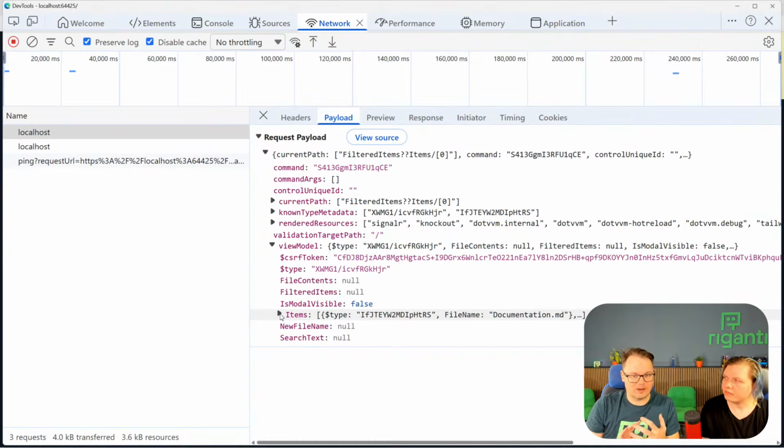Typically, when somebody complains that their view models are like 2 megabytes, and that .vvm has a problem, I tell them, okay, go to Blazor WebAssembly or something like that, because there you will need 50 megabytes of data, but we have just 2. But typically, this page is